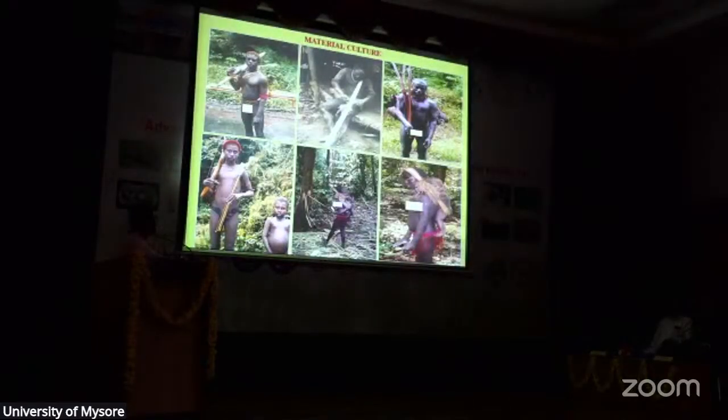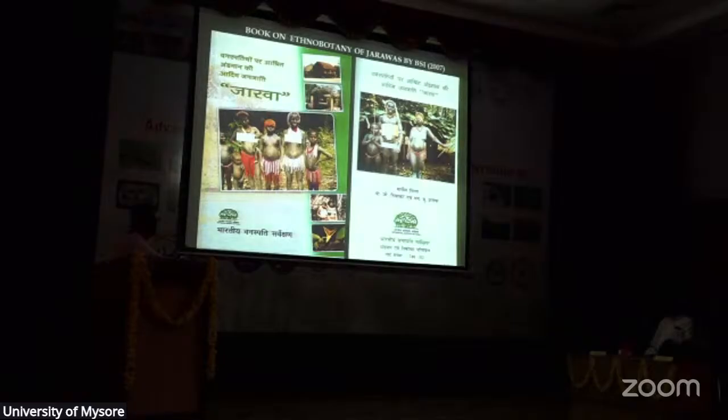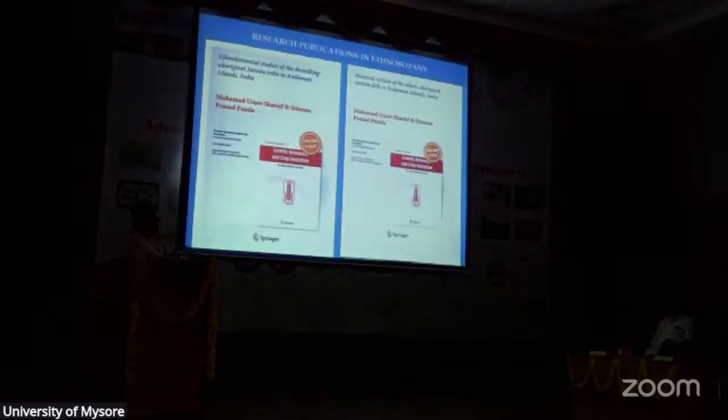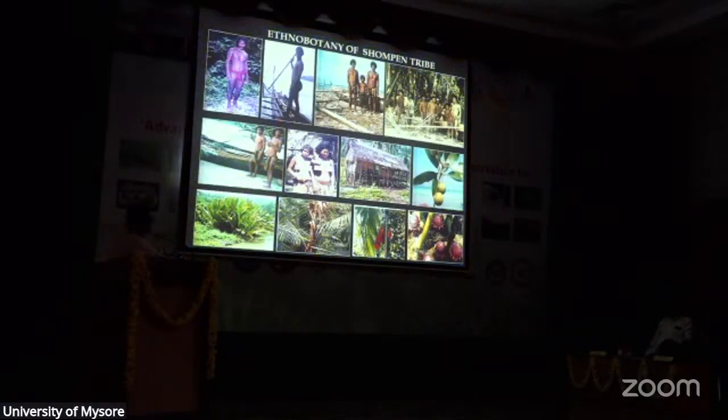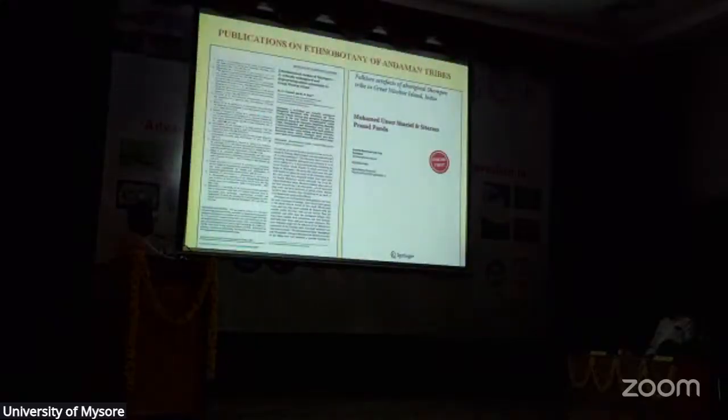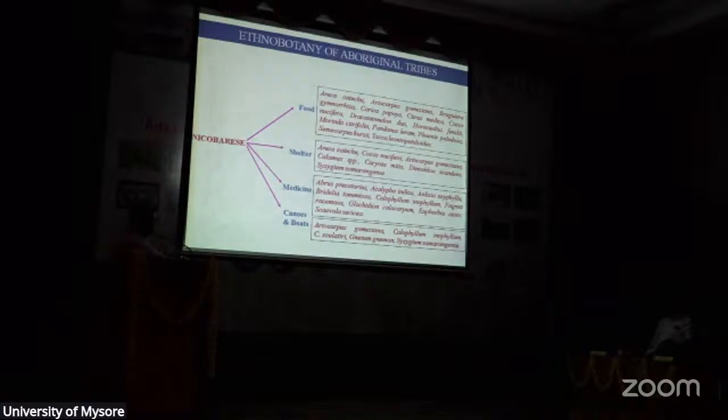These are some of the medicinal plants and leaf culture. And the Segeria elliptica stem, he's preparing bows from this Segeria elliptica. And some of the publications with regard to this, these are some of the publications, of course only hardly 4 or 5 slides. Again, they show how they look, what are the plants they use, documented, and publications have come. These are the plants which are used by them.